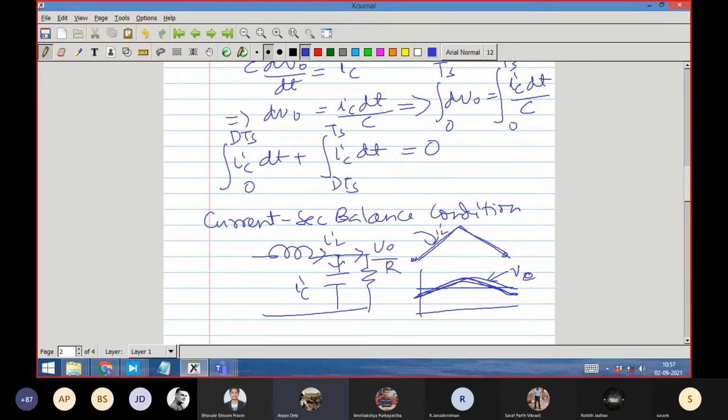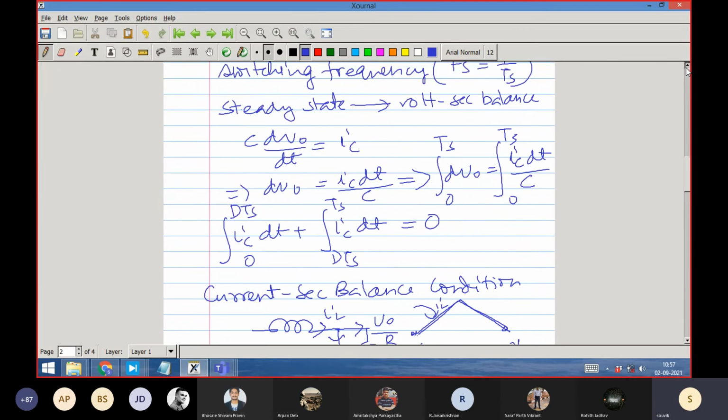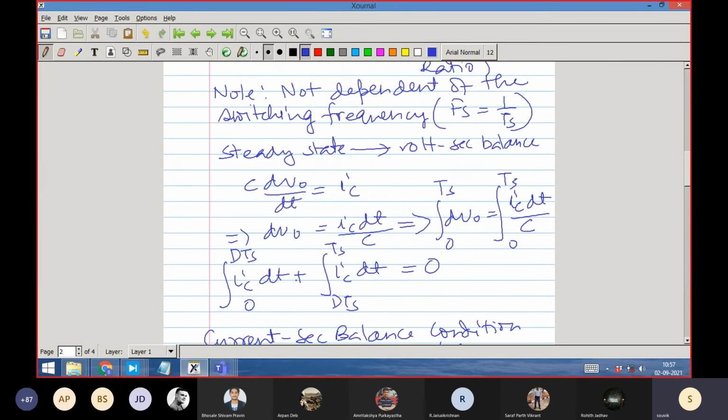So correspondingly, the IC of the capacitor. Corresponding to IC. But sir, in the volt-second balance of the inductor, there we assume that the inductor current is constant, right? In the earlier derivation. No, I didn't assume this is constant. The inductor current has a slope. This first one is the slope changing.